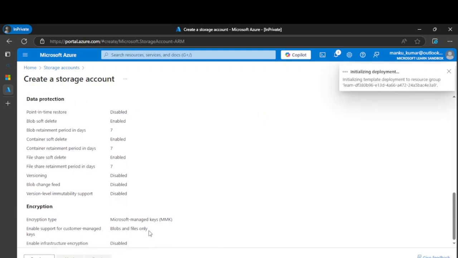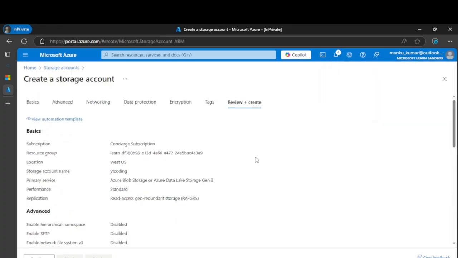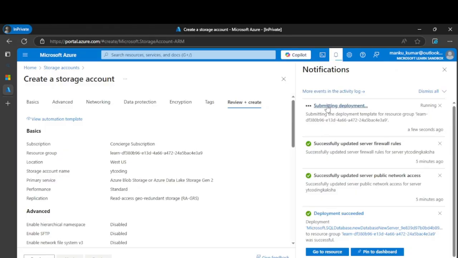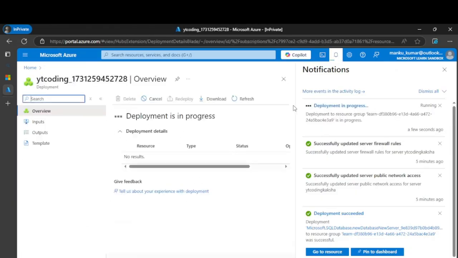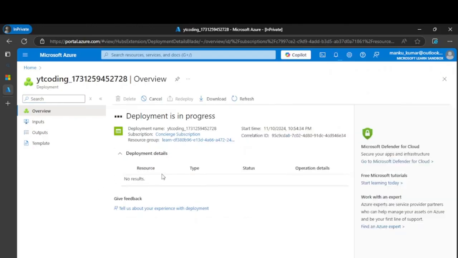Now let's create it. It's been submitted successfully. It's now initializing. It will take 2 or 3 minutes to be deployed. Once it gets deployed, we can start utilizing it. We can track the process over here, and they have this window checking the progress of the deployment.